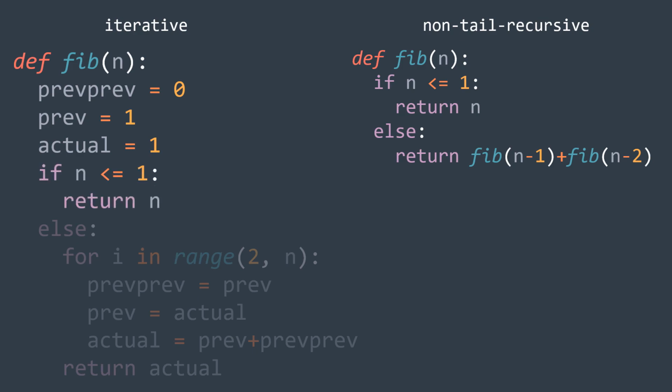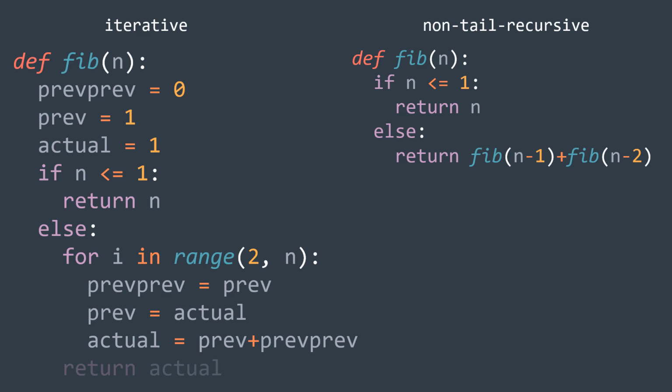Now, if n is smaller than or equal to 1, we return n, else we have to use a for loop to calculate the nth term. The idea is that at each iteration, prev becomes prev, prev becomes actual, and actual becomes prev plus prev. It's like we wrote un equal to un minus 1 plus un minus 2. After the loop, we return actual. You can see that we could solve our problem by using an iterative function that doesn't require a stack,